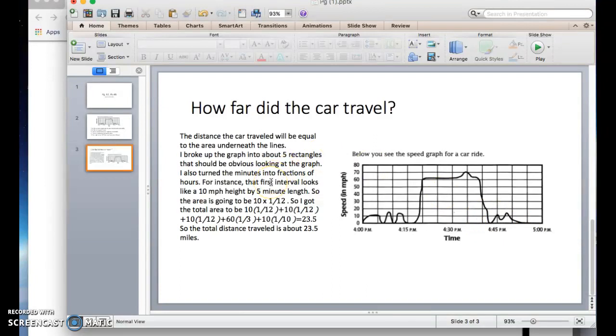You can tell that from looking at the graph. I let the height be whatever it is in miles per hour. If you look at this first rectangle, the height is about 10. And the bottom would be about, I think it goes by 5 minutes. So I said height's 10, bottom's 5 minutes, but I need to keep it in hours. So 5 minutes in hours is about 1/12. So I said, okay, the area of that first one, if you see here, is going to be,